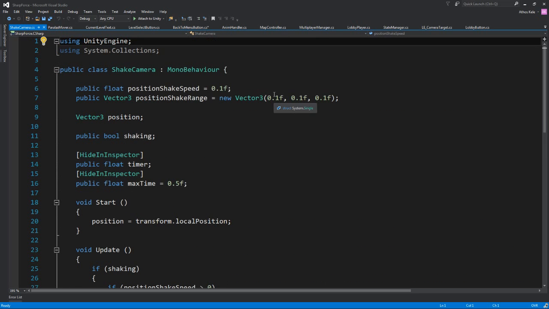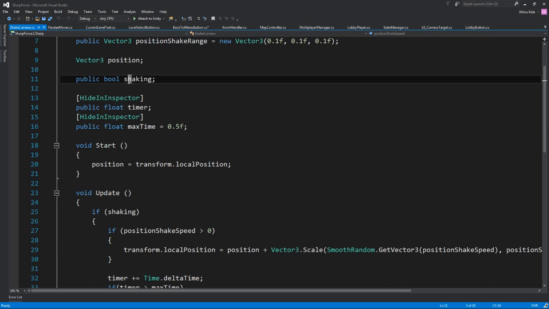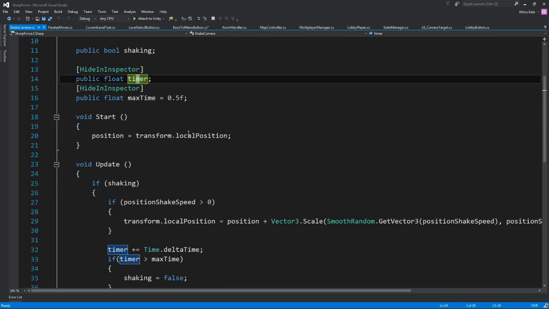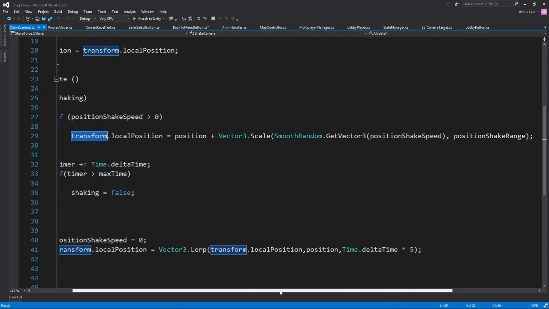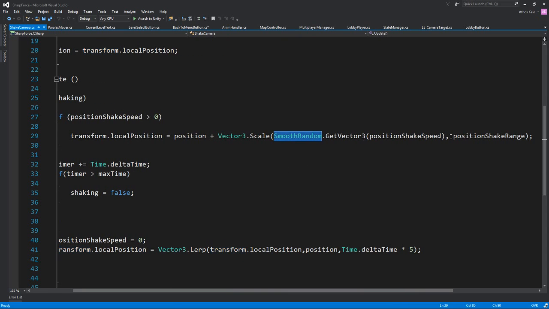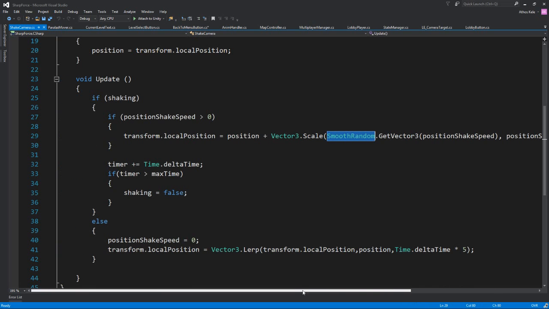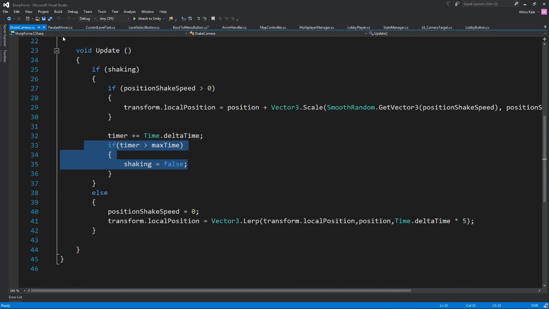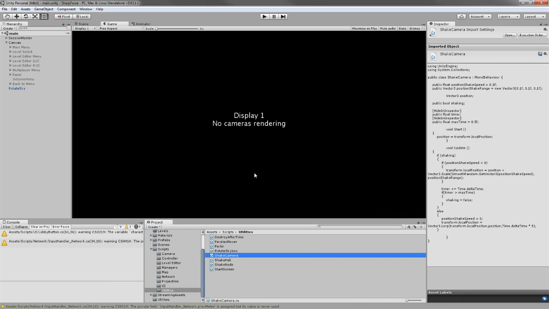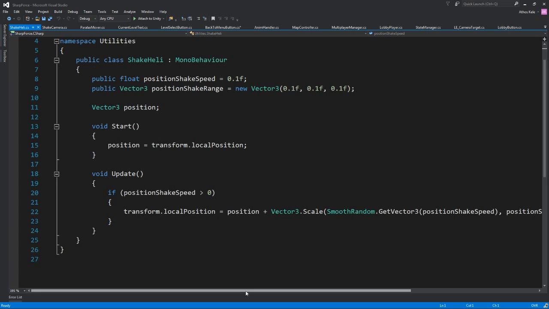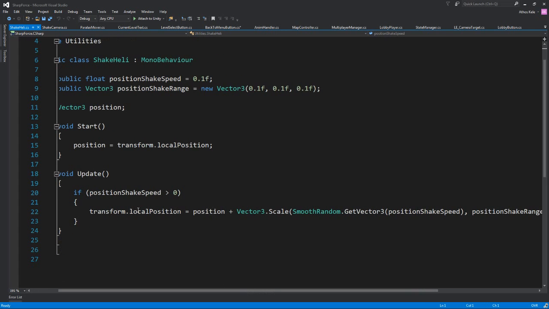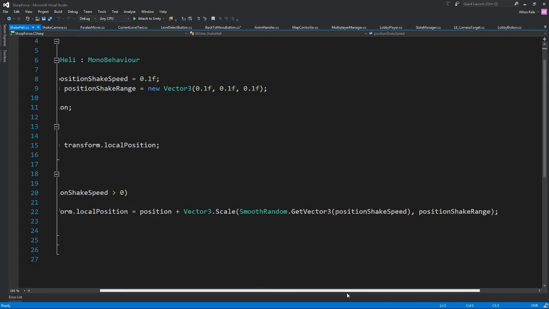Okay, position shake speed, position shake range, position shaking, timer. Update, if you are shaking, get the position, smooth scale, smooth random, get vector 3, position shake range, timer, all that. Shake heli, almost the same,